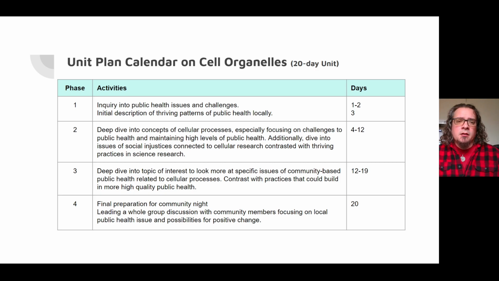Let's look at things like larger patterns of pollution. Let's look at Flint, Michigan, and see what happens to neurological health. How does that translate into depleting the brain? Why are neurons, which are at the cell level, having a negative reaction to what's going on in Flint, right? So there's a lot that you can do here just in phase 2. So you could do all that really good work. It's not just Flint, right? I just brought up Flint, but a lot of other communities are dealing with the same kind of problems, just not making the news quite as much. Anyway, you can do a lot of this work in phase 2.